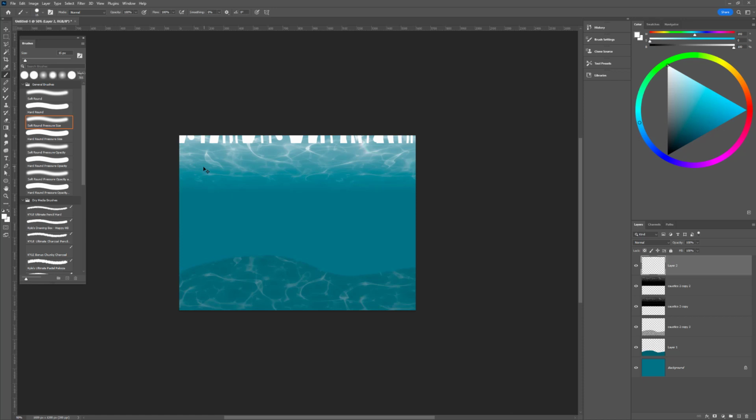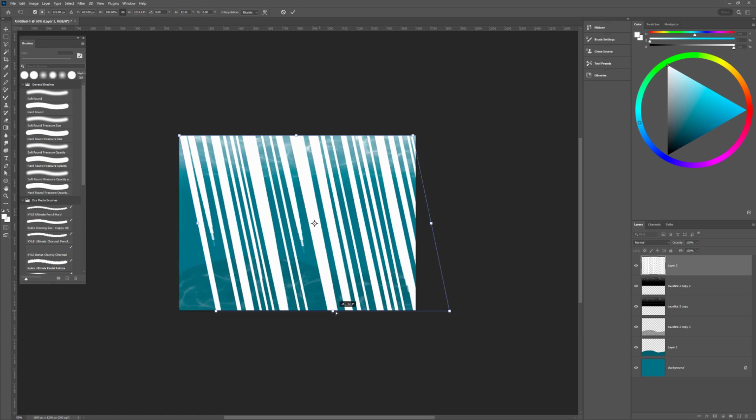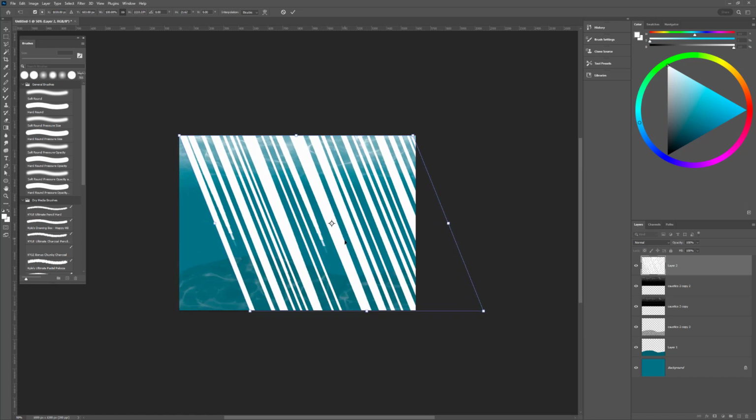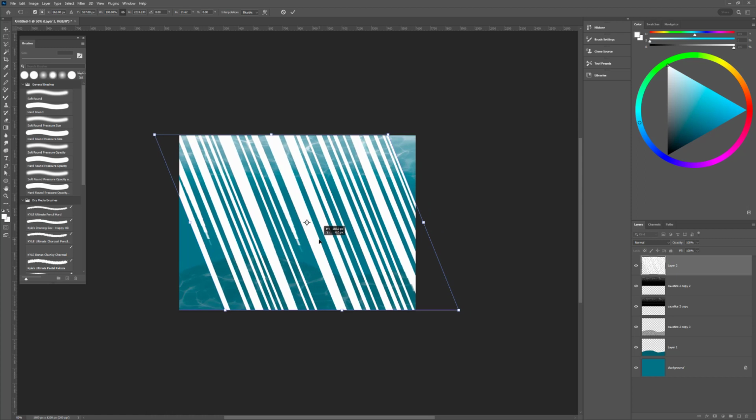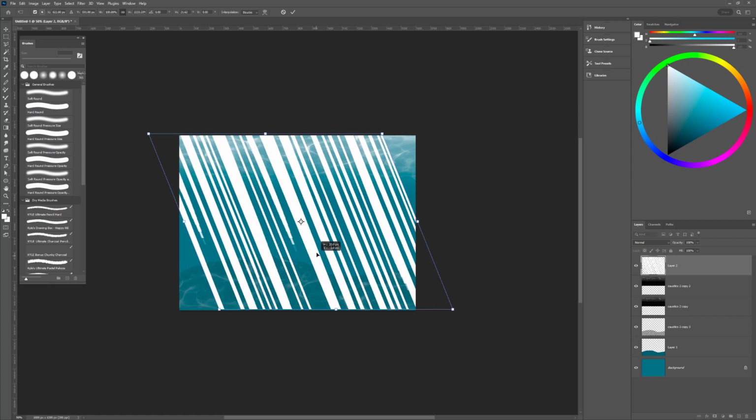Okay, so Control T, Shift, and I'm just going to leave them like they are. I'm going to skew them a little bit. Doesn't matter which direction, but what I'm going to do is I'm going to make these work, and then I'm going to fill in the blanks if I need to. So there they are. Enter, and now I want to